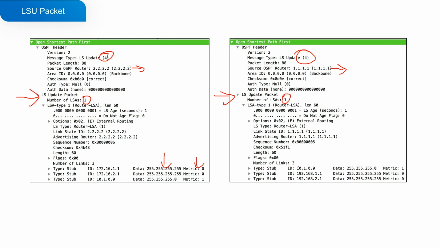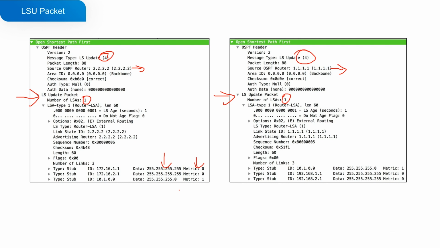Of course, in this packet we can also see the other links on this router, including the stub information. So actually, the LSU packet will include the detailed information on the router, such as the LS type, link state ID, advertising router, sequence number,